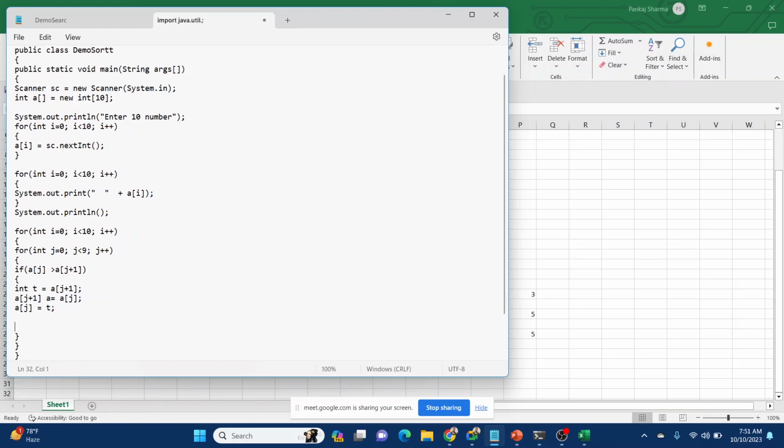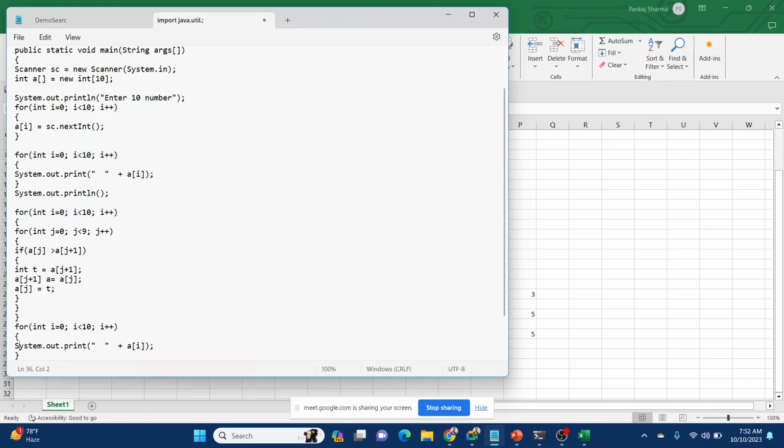This way we will swap those numbers. So I hope in these three steps it will be swapped. Now we need to print the list again after sorting.